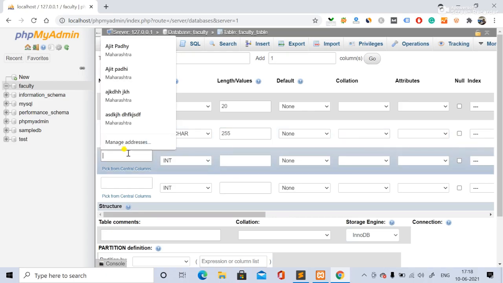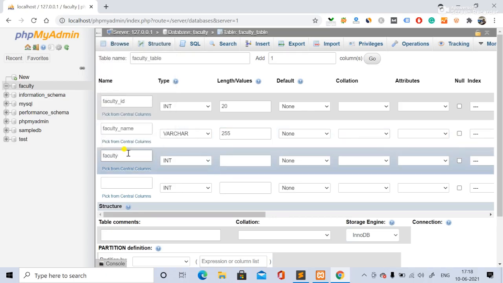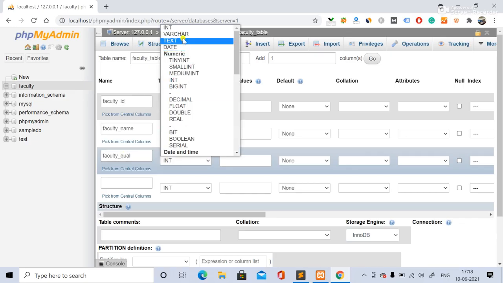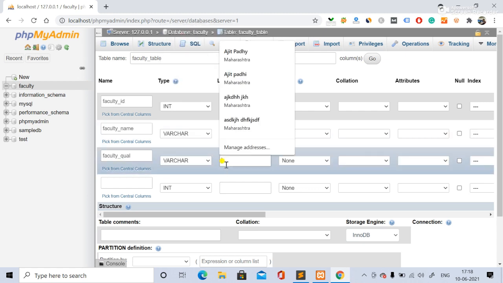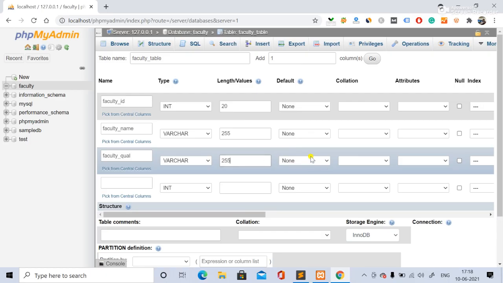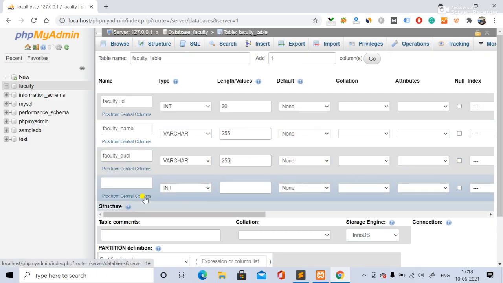Now we'll take the faculty qualification, quali, I will write it shorter. The qualification is also under 255 characters, right? So we have taken that.